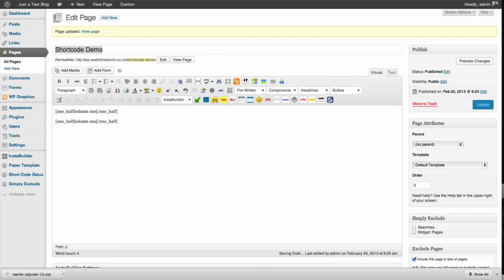Let's see, this is going to be column 2. So this basically says make 2 columns, each a half wide. Now the only thing I also need to do is put in underscore last, just to make sure that it knows that that's the last thing that I'm doing, and it'll stop it doing anything strange. So hopefully, if I've got this right,